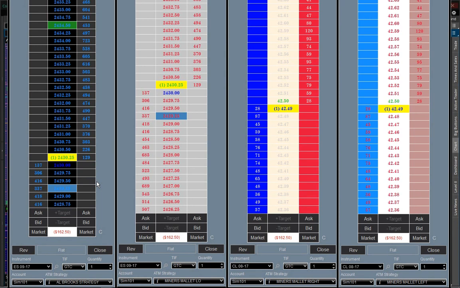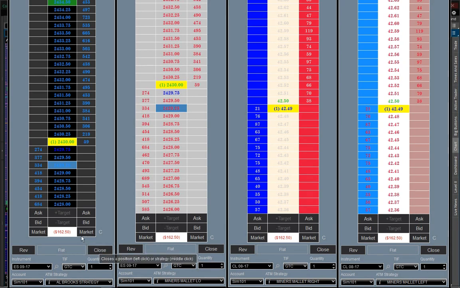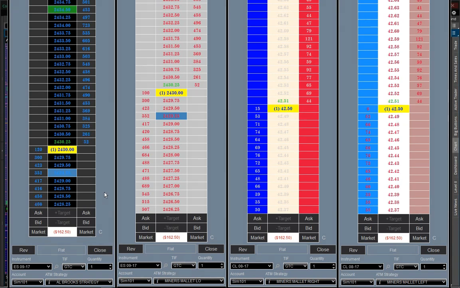Yeah, and another thing, I got to tell you, I was telling you about market. It's better not to let it hit your stop market or hit market right here, because you don't know exactly where you're going to get filled, and it'll probably be worse than what you want. Close is the same thing. If you hit close, it's the same as market. So don't hit close. Just hit the bid or the ask and get out at a specific price, and don't let it decide your price. That'll pay off in the long run, because you got to figure, if you're hitting market 10 times a day,